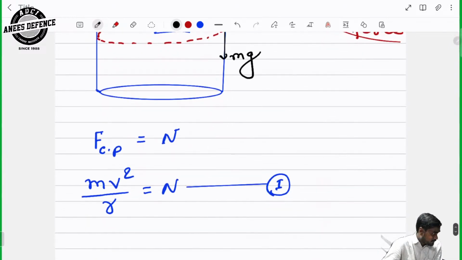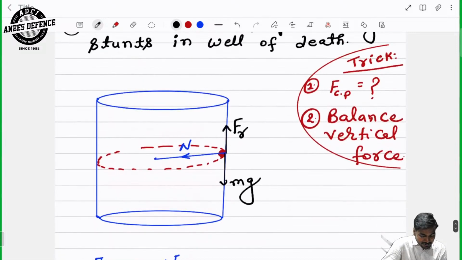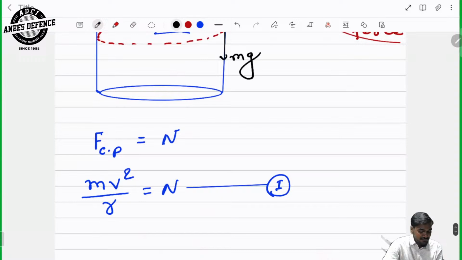Now, for safety purposes, mg should be equal to friction force. Yes or no? But just consider friction force may be greater than mg for safety. So the minimum friction force should be equal to mg, but for more safety, friction force should be greater than mg. Right? So can I write, for safety,